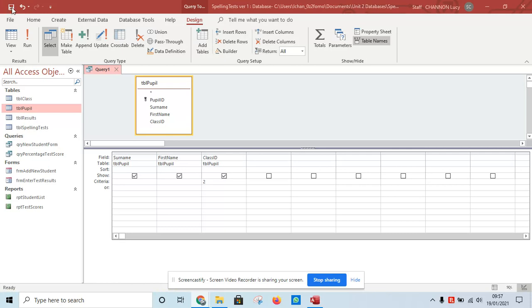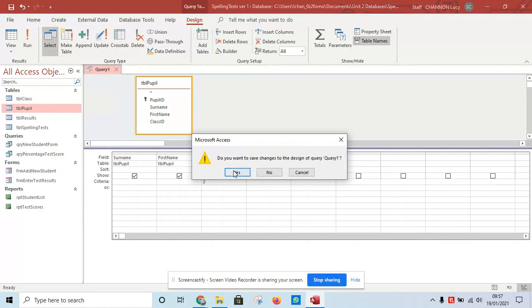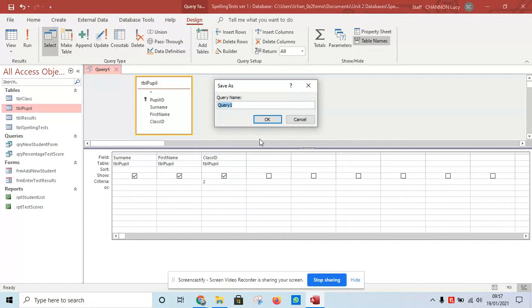So you're going to click on the Save button. No, you're not. We'll do it a different way. We're going to click on to close that query, and we do want to save it. So we're going to say, yup. And you're going to call it QRY. So there's the suffix. Now that needs to be in lowercase. And then we're going to call it pupils